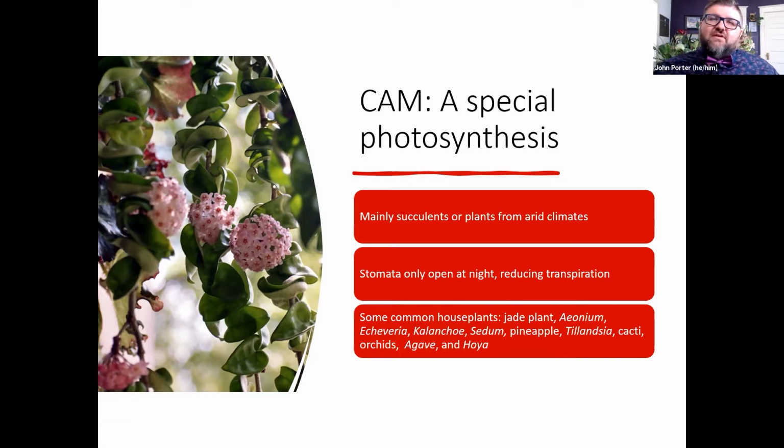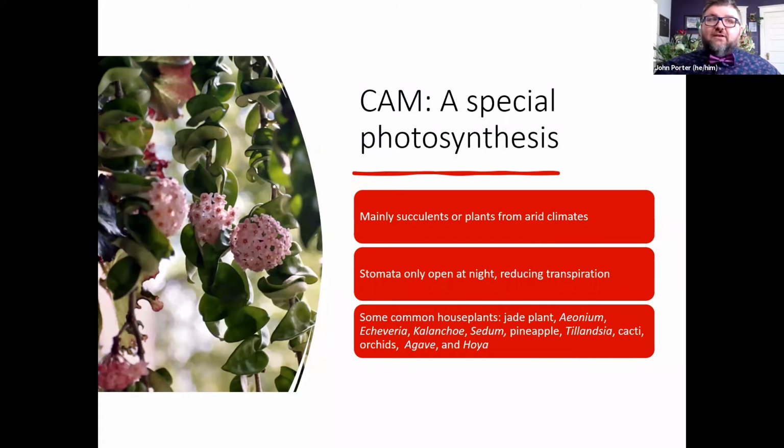But we can have those different types of plants. So they have a different type of photosynthesis because they either are from that arid environment where they don't open, or they don't have roots where they take up water, and so they don't want to dry out during the day. And so you can see that they behave a little bit differently.